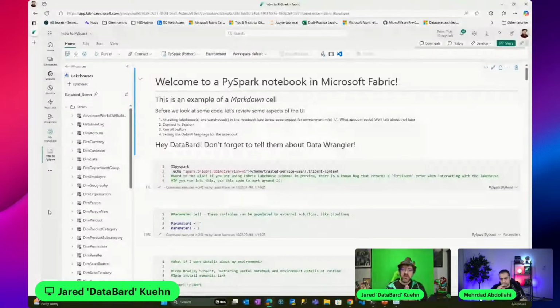The pipeline by default is not going to change that metadata. So you might be able to move this from dev to test or test to production, but unless you change the metadata behind the scenes, it'll still point to your dev lakehouses. So if you're working with that, make sure you take a look at your deployment pipelines or talk with whoever is going to be doing those deployments to make sure it gets reassigned appropriately.